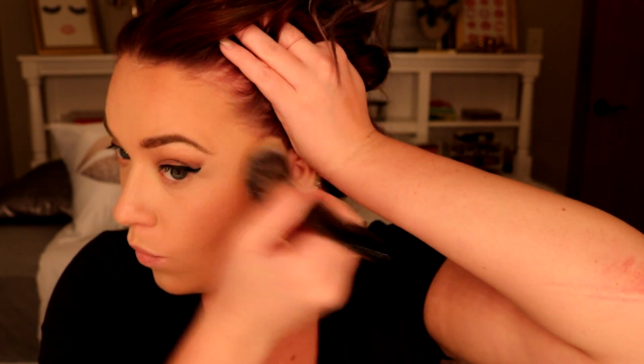So, and kind of do like the fishy face, because that way you can really tell where your cheekbones are. Blend it into the hairline. Oh, I'm really liking this bronzer. My hair is like all over the place right now. I do it on the chin